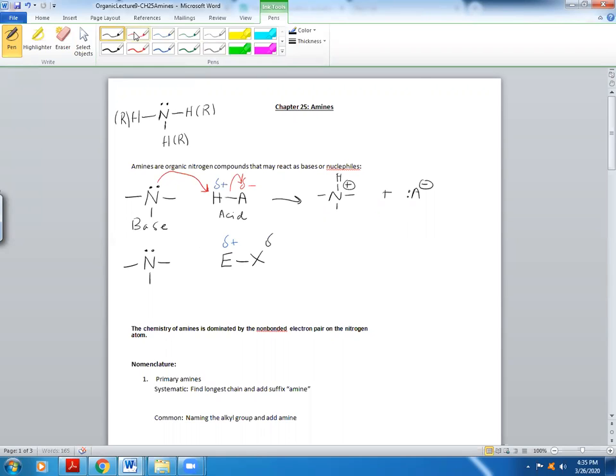I should have used a different color. So you notice that the lone pair is attracted to this, which is an electrophile versus a proton. And now you will have